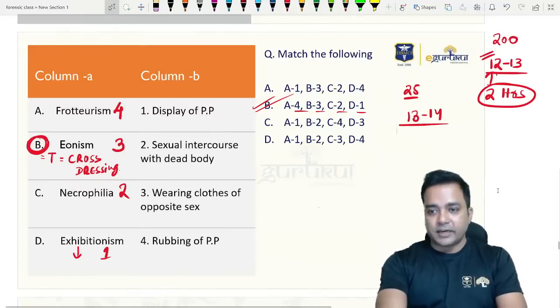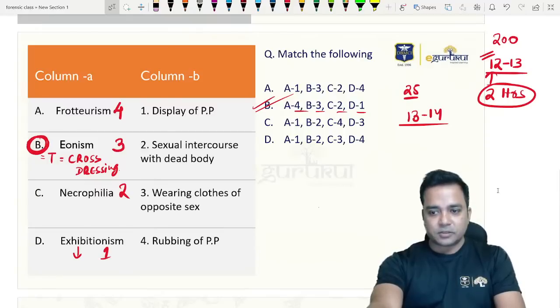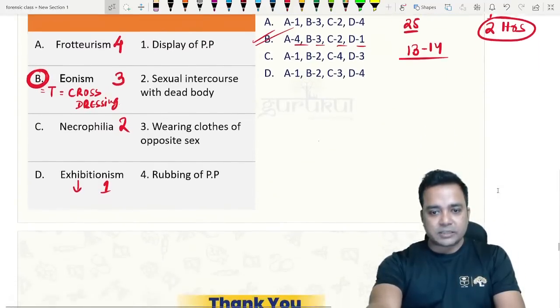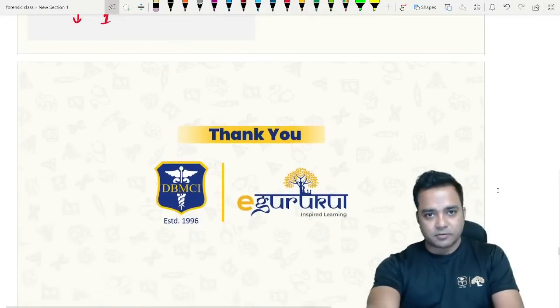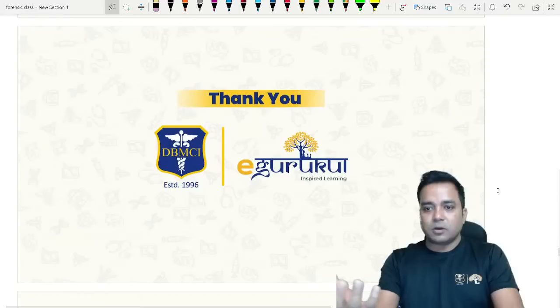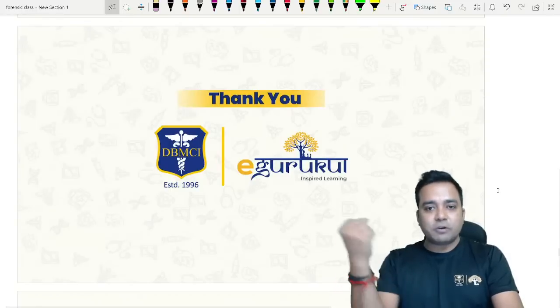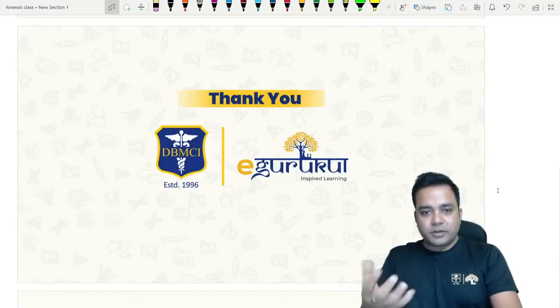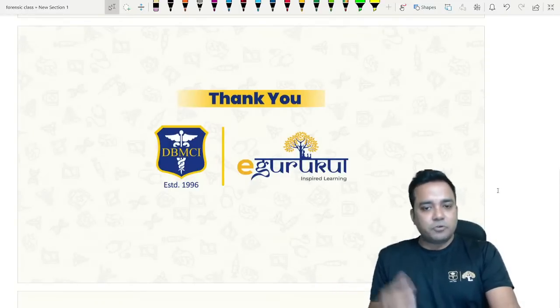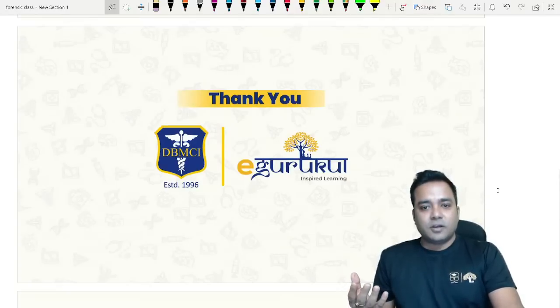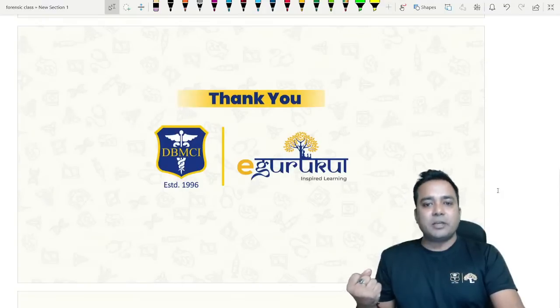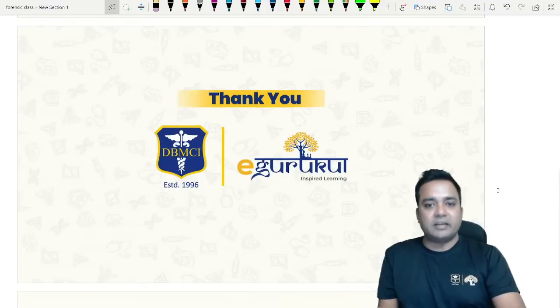And it is a good thing from the student point of view. From a small subject, if you are getting more easy questions, with 100% accuracy and 100% speed, you will be able to solve the questions. What is our target? We have to achieve a good rank. That is the whole target of DBMCI and eGurukul too, to give you all a very good rank in your exams so that you settle yourself. Now, I don't know whether you settle or not, but yes, if you get a good rank, you feel very happy that your hard work has finally paid off.